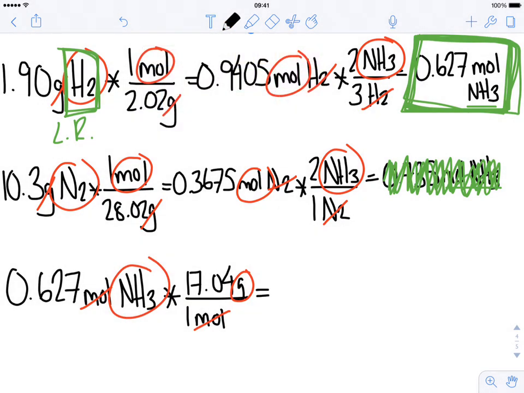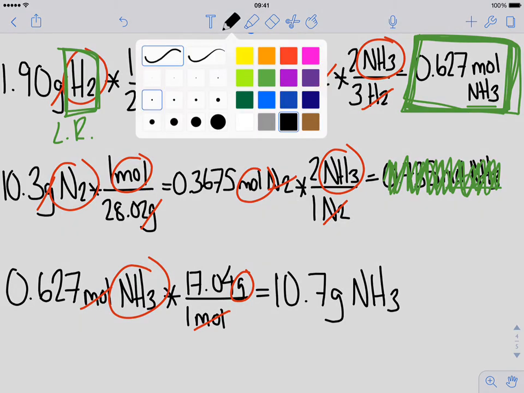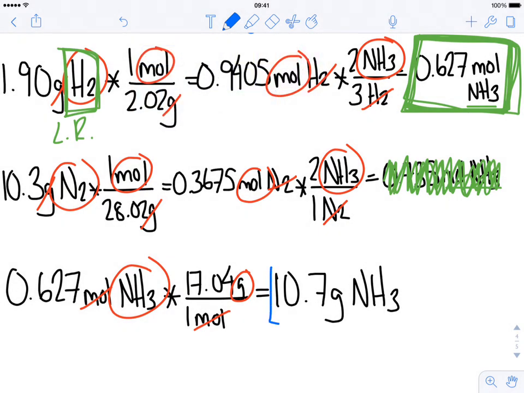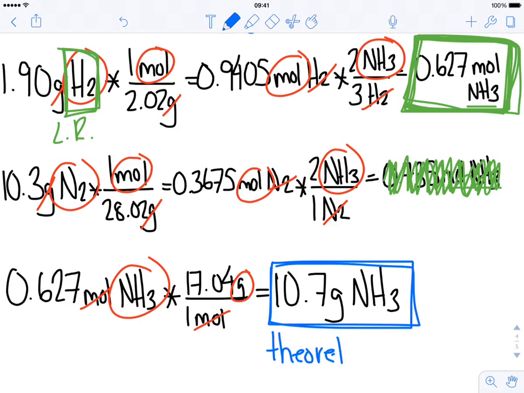When you put this into your calculator, you should get 10.7 grams of NH3. So this number right here is our theoretical yield. This is how many grams of NH3 we can produce